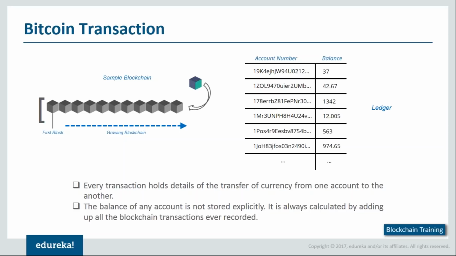Let's take an example of your current bank account. Here there's a complete history of your credits and debits that gets processed, and then a current balance that is shown with respect to that. However, in the Bitcoin blockchain system, you do not hold a balance sheet. There are certain cryptocurrency systems like Ethereum which hold an account-based balance system, but the Bitcoin blockchain system does not hold the balance explicitly. So you might be wondering, how do I know if a person has sufficient balance?